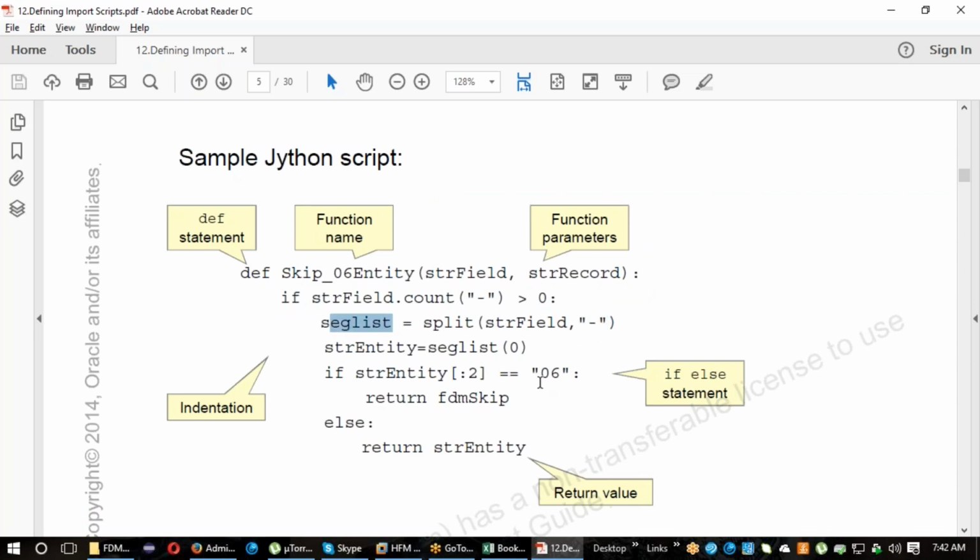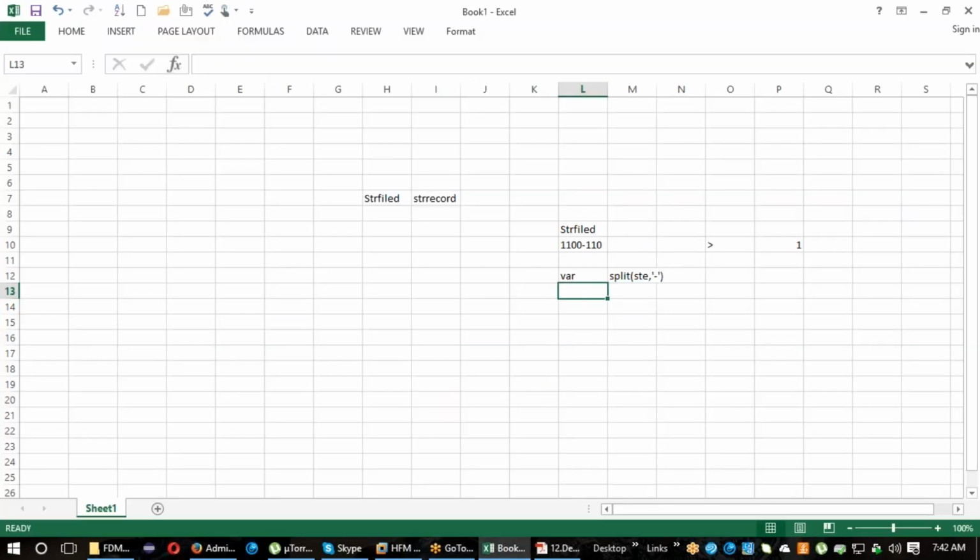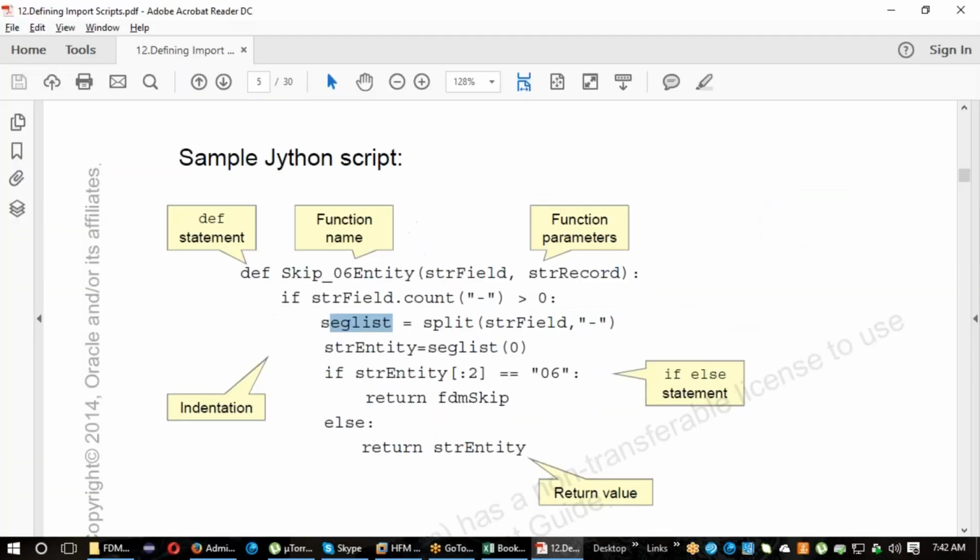It's an array function. So how will the values be stored in the variable? Like 1100 110, and if you have another one like 11 110, the values are held in an array in a sequential manner, right? So it is splitting the values based on the hyphen, and the split values are stored in the segment list variable. Now I am going to use another variable, string entity, and I am getting